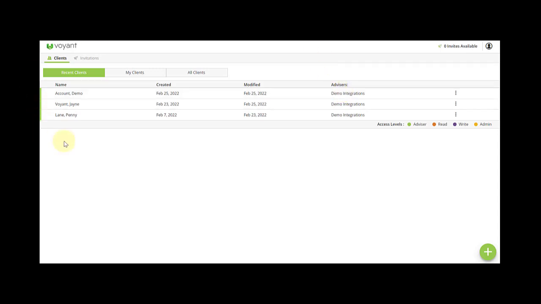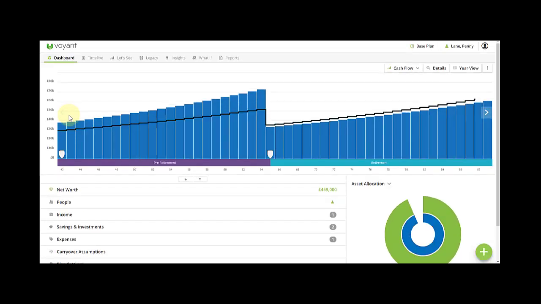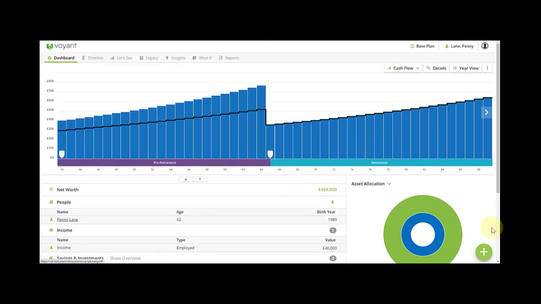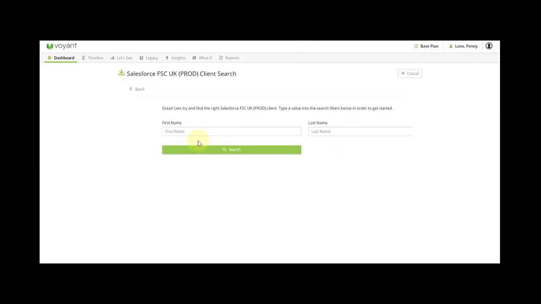So I'm going to click here on this account. You can see that I've not got any little downward arrows, everything's been entered manually. And what I do now is I go to the plus button within the plan. I don't see update because it's not connected to the integration, but I do see import. And what I can do now is search for this client